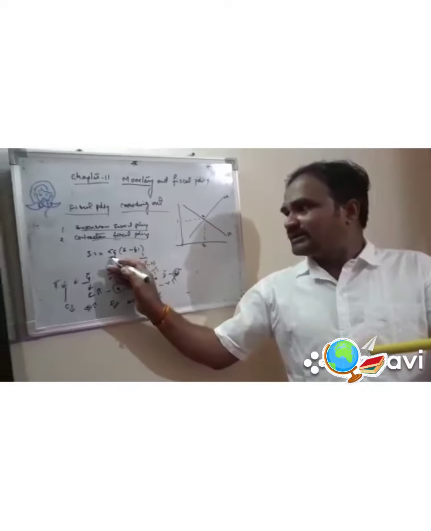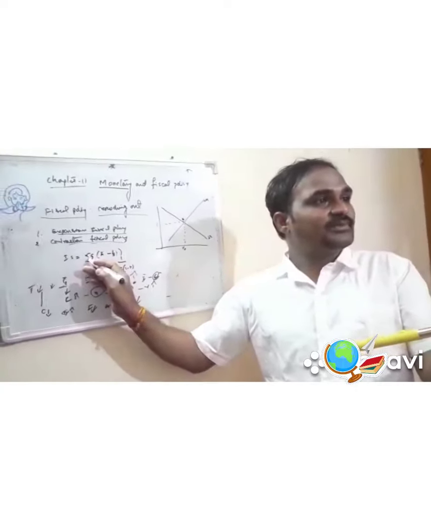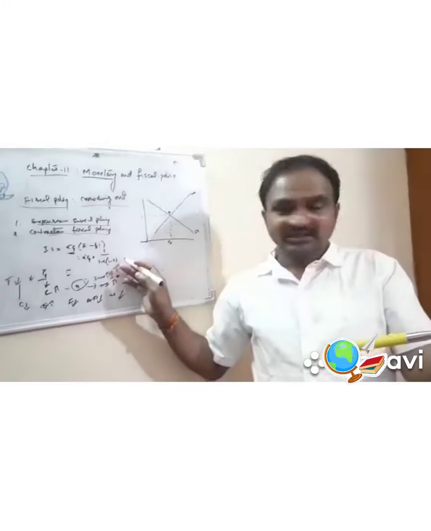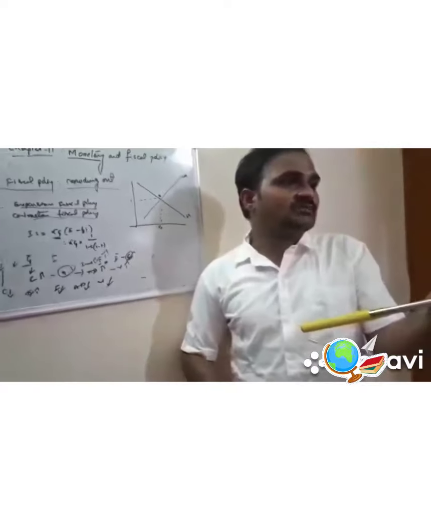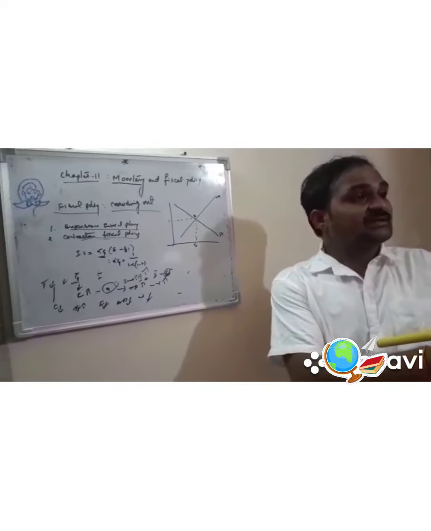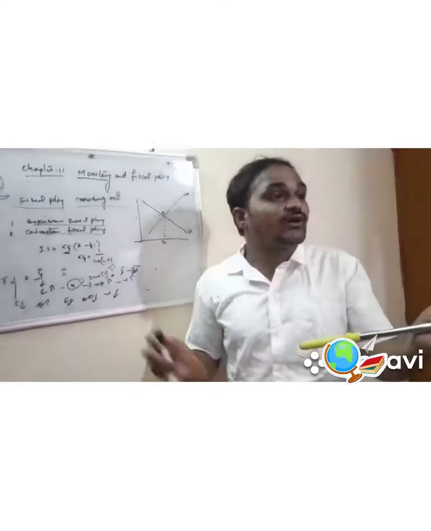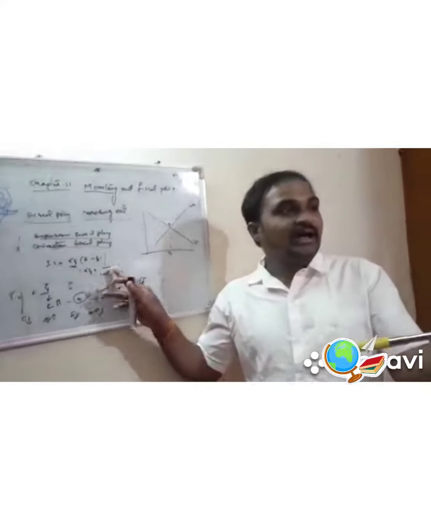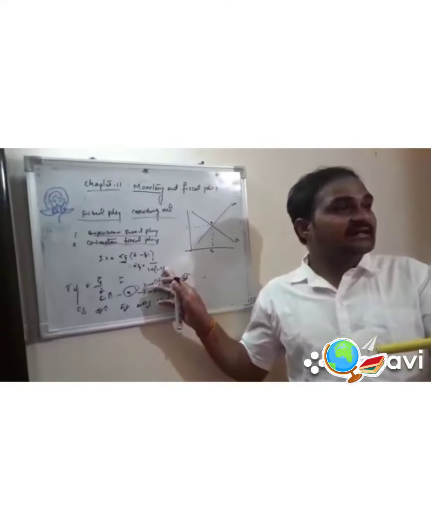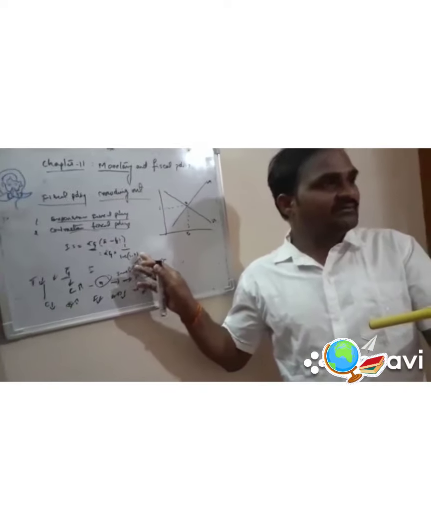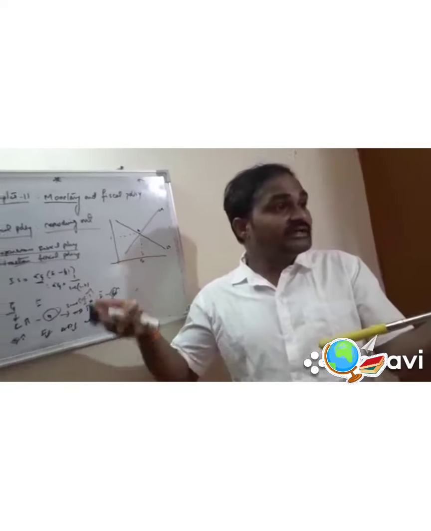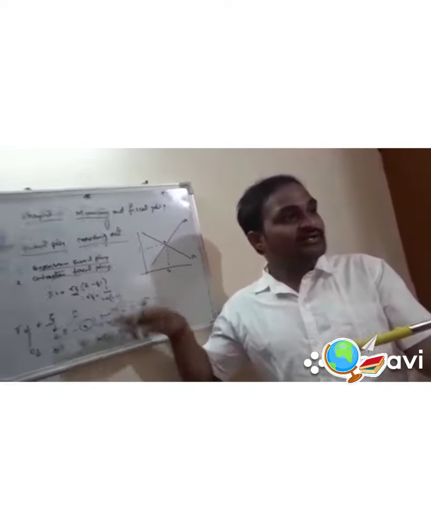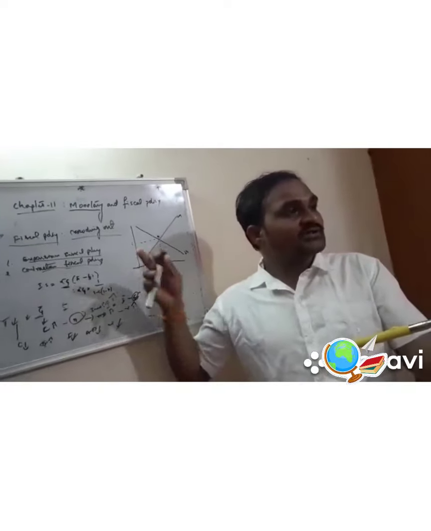Suppose at this point alpha G means the multiplier effect. The multiplier effect denotes 1 by 1 minus c into 1 minus t. C denotes the consumption proportion of the income. How will it change the consumption proportion? If the government increases or decreases government spending, how will it change consumption, and how will it change the tax rate and the tax effect on the multiplier proportion of the income?